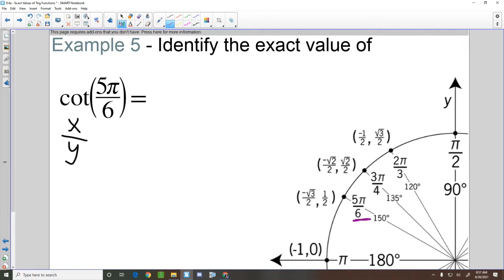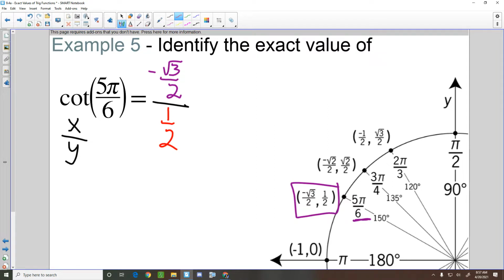Angle 5 pi over 6 is down there. So this is the angle or the coordinate that I'm going to be using. For the fraction, I'm going to take the x coordinate, which is negative root 3 over 2, and I'm dividing it by the y coordinate of 1/2,